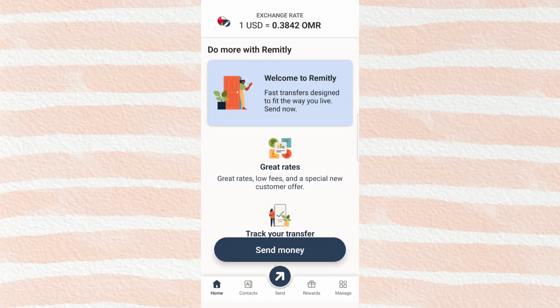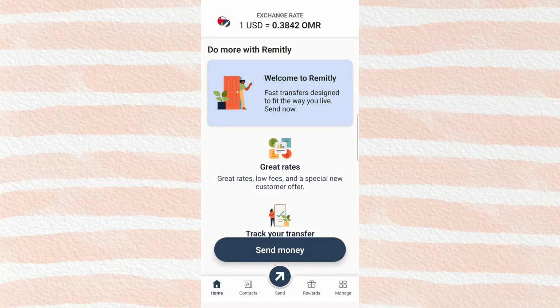In today's video, I'm going to teach you how to use Remitly to send money to the Philippines. To get started, the first thing you'll need to do is open your Remitly account. Once you're signed in, take a moment to make sure you're on the correct home screen so the options match what we're about to do.